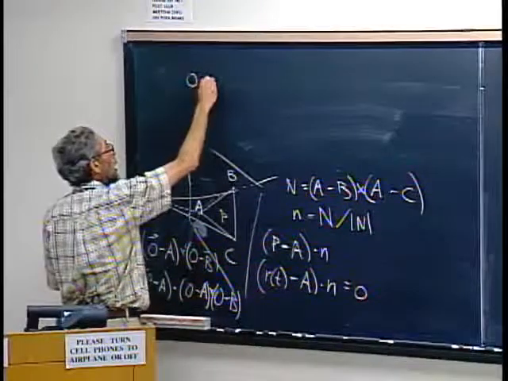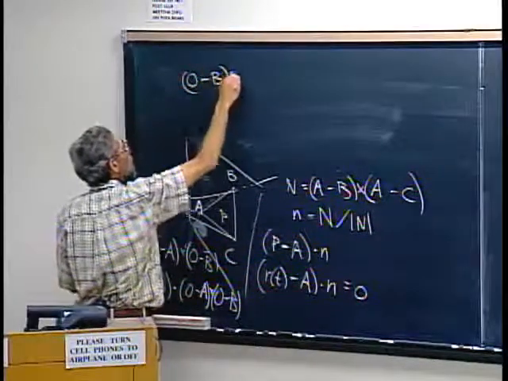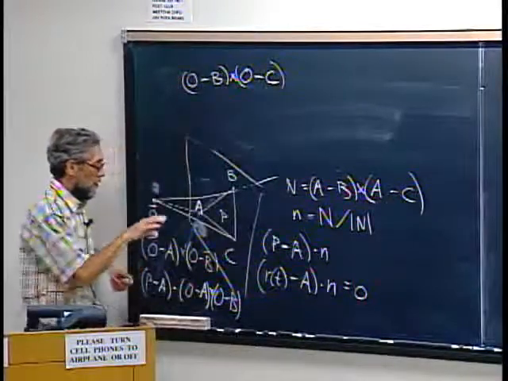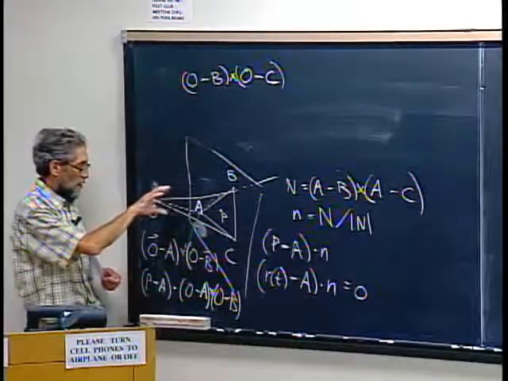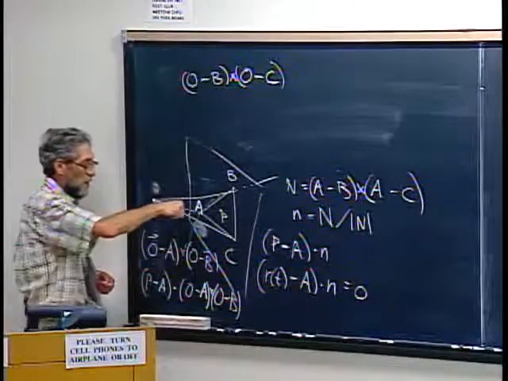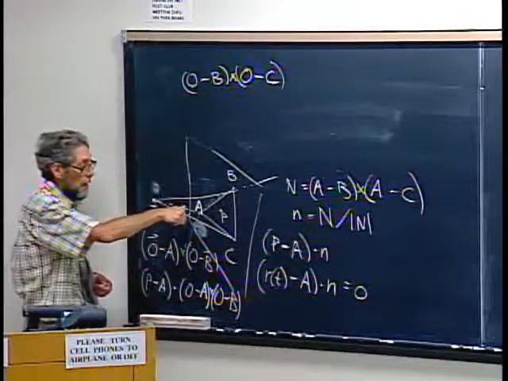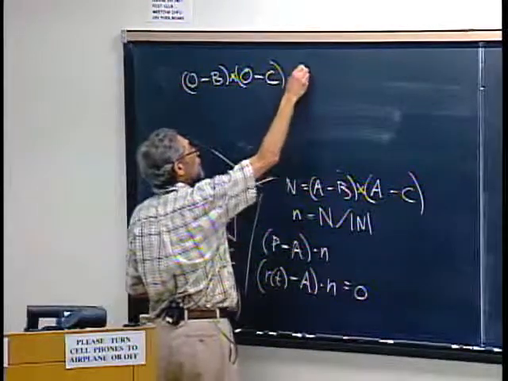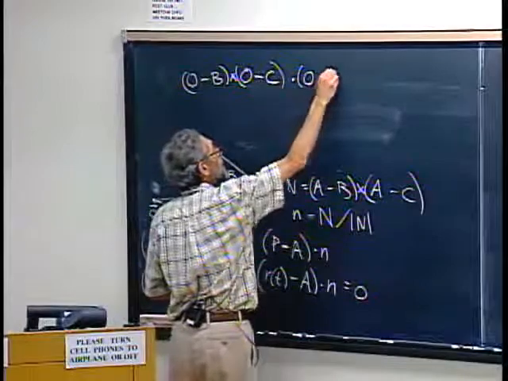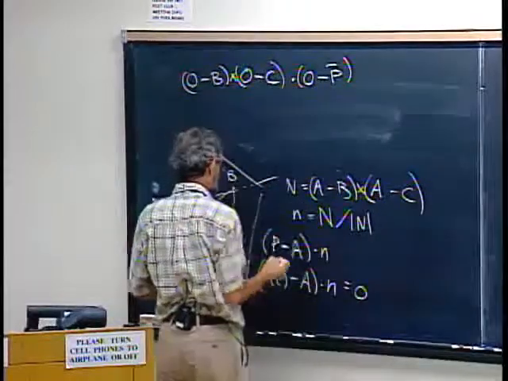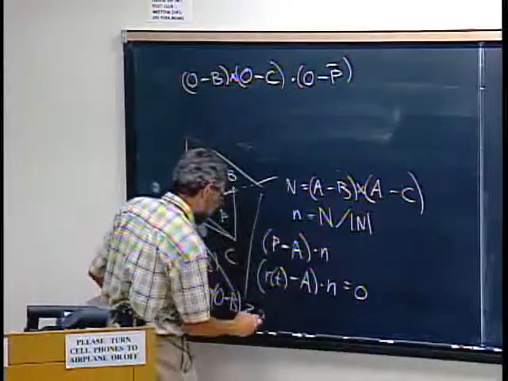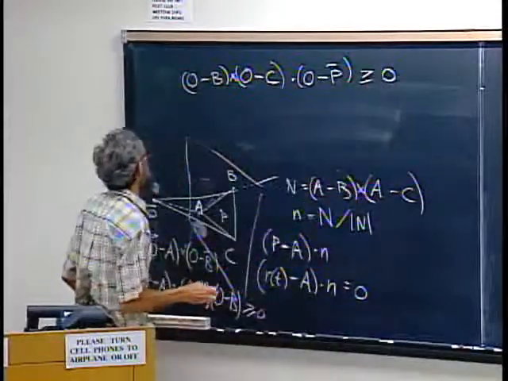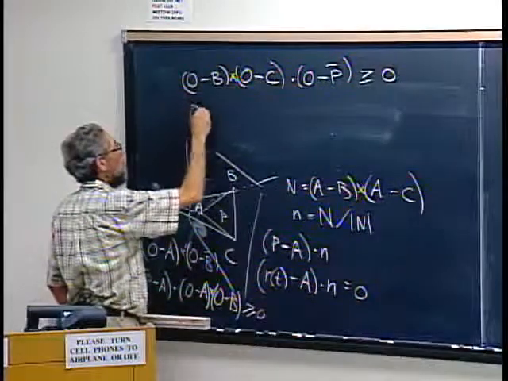O minus B cross O minus C. Let's see. If I do it like that, I'm pointing toward the inside of this pyramid. And so if I take that, it doesn't matter which order I take the dot product, so I'll write it this way, times O minus P. So if this is greater than or equal to 0, and this one is greater than or equal to 0, and O minus,